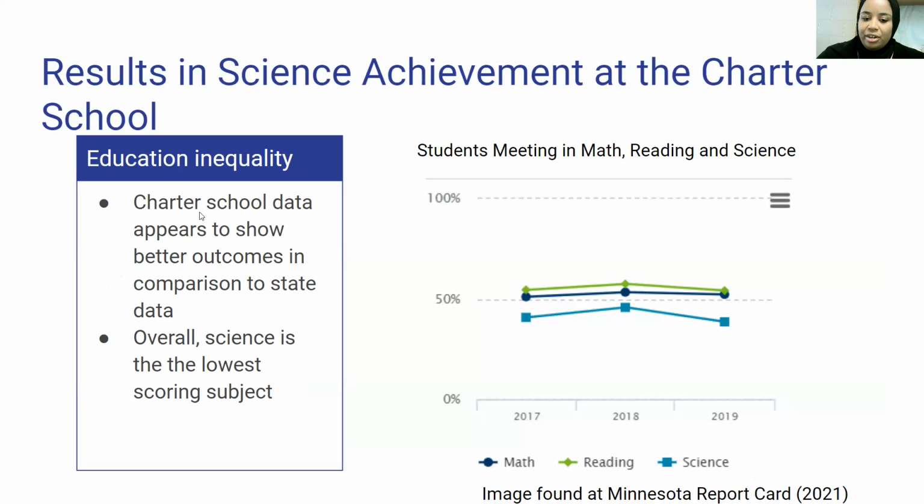So I investigated our charter school in St. Paul, and as you can see here in this data, the science achievement in blue shows that the achievement results in the science MCAs are around 40 to 50%. It's the lowest scoring subject of all three subjects. So I wanted to use this also as a reason, trying to figure out what educators can do to improve scores in Minnesota.